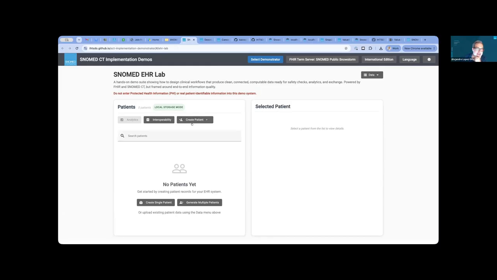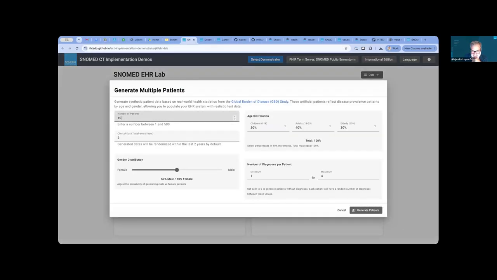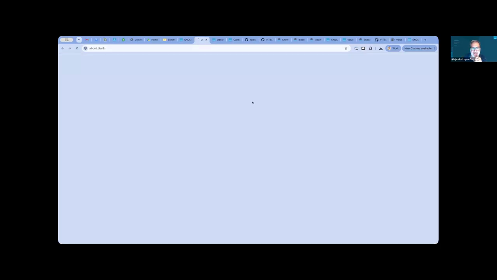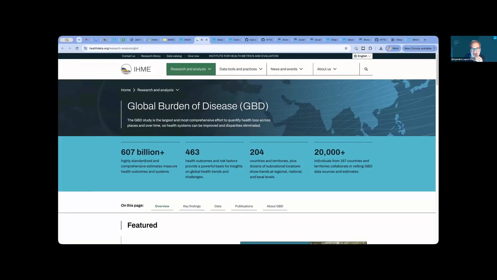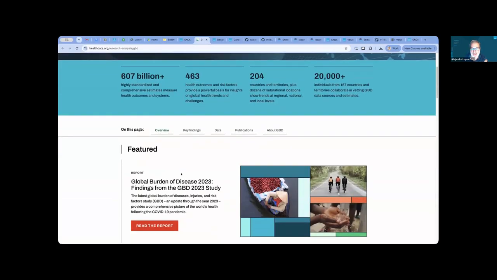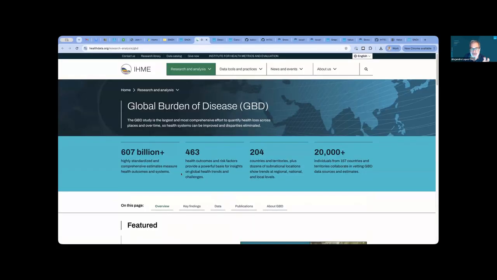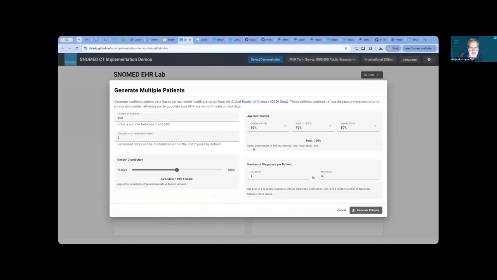Of course, the data is also simulated data. So in order to start playing around with this, you can click on generate multiple patients, for example, and create 100 patients. We created this using the Global Burden of Disease, a database that contains which diseases are more common for each age and gender. We created this automatic system that will create patients with codes already.